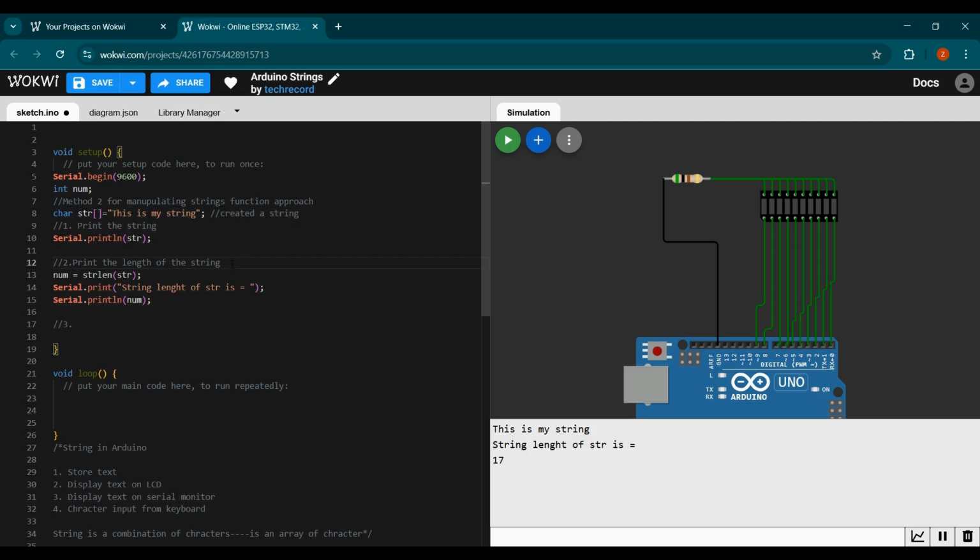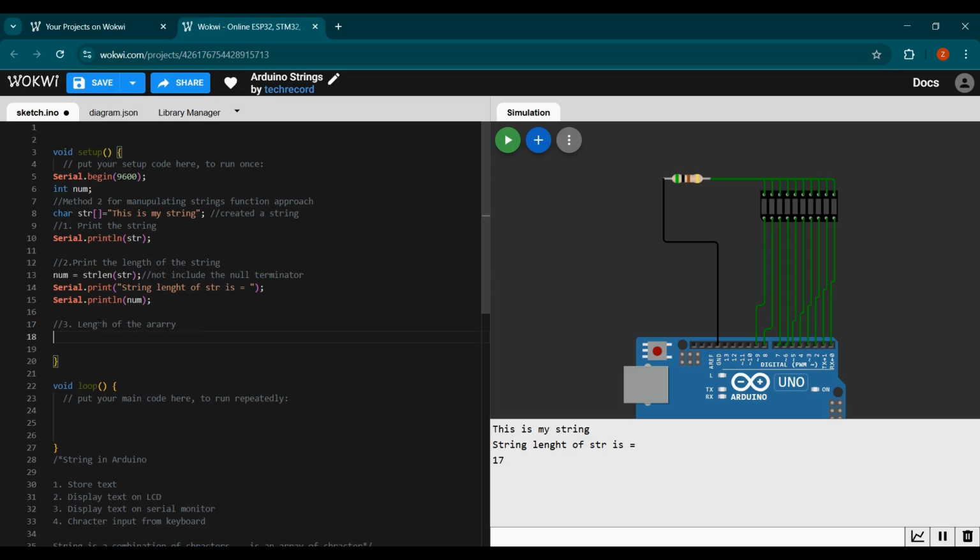In this method, in string length, this will not include the null terminator. And the third method is also to get the length of the array if you want to include the